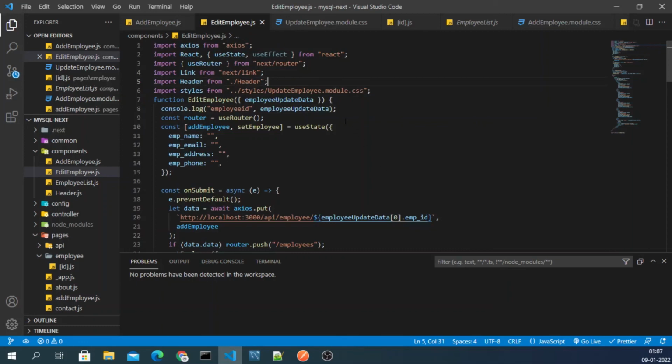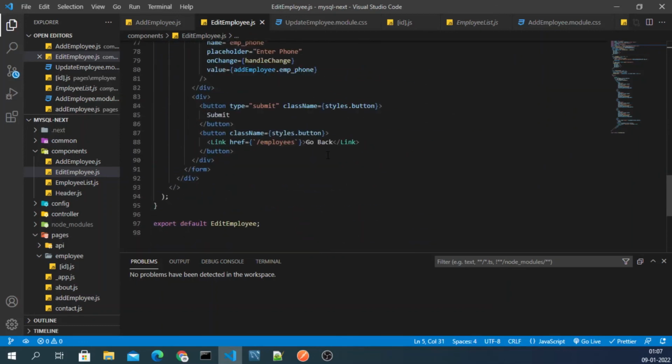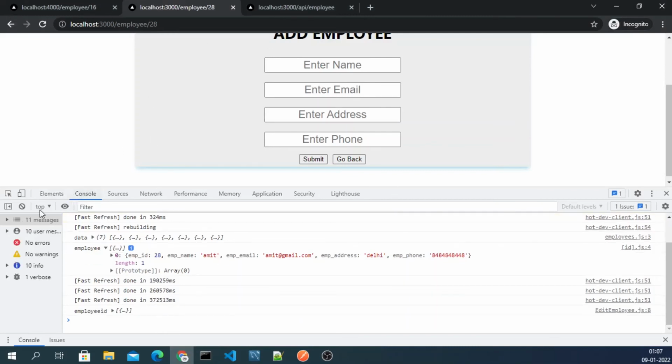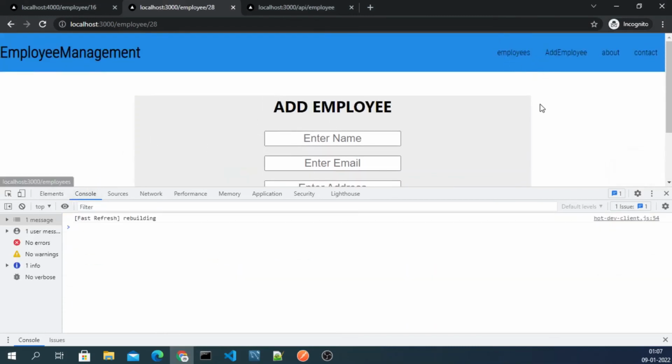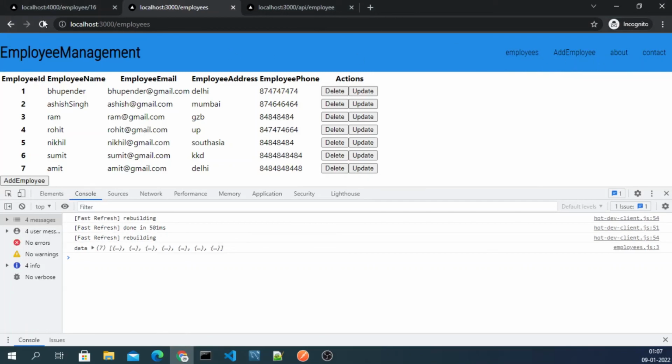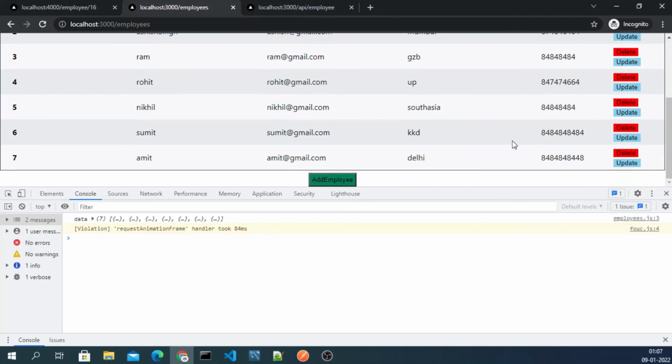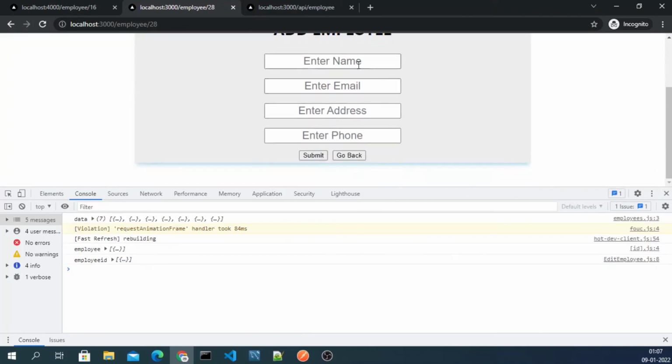So this is how I've got the id. Inside employee id I've got this zero, I've got data on the zero element inside the array, so I just access this element, employee id. So this is how I'm going to pass the id to the put request.